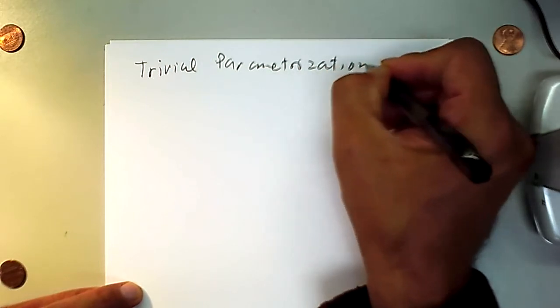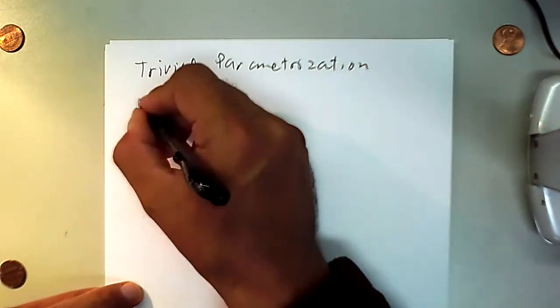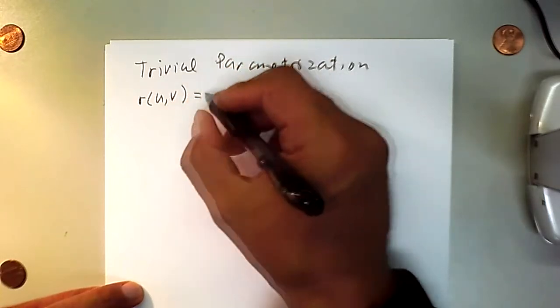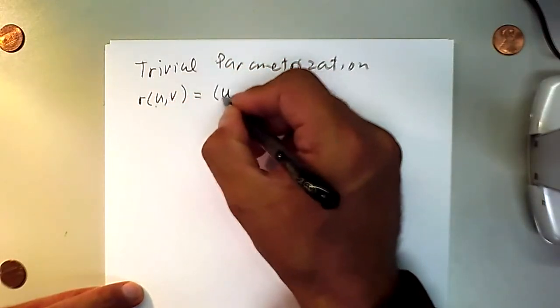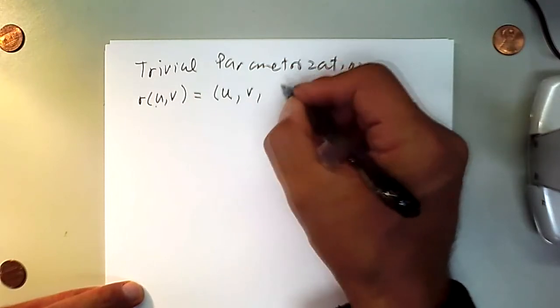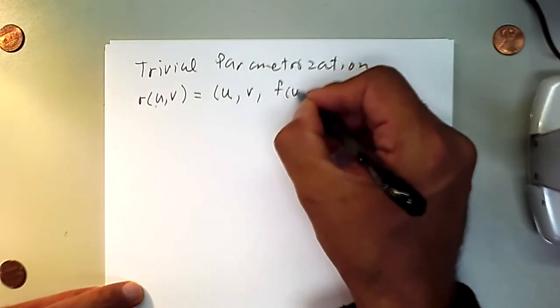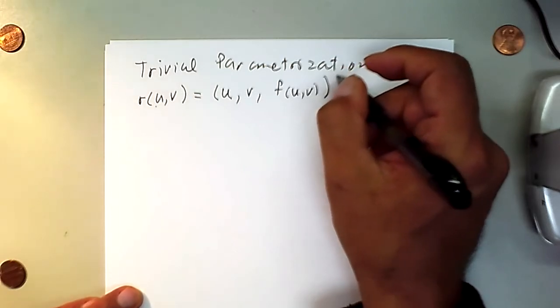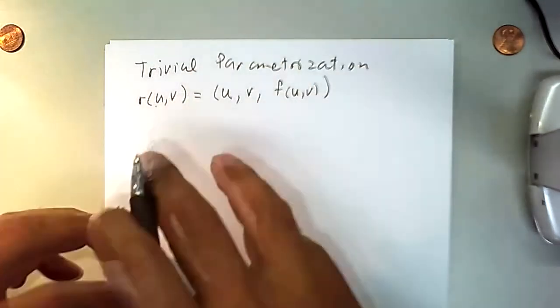So r of u, v, if you just take u and put it in the first coordinate, v on the second coordinate, and then whatever function of u, v on the third component, then we're not really deforming